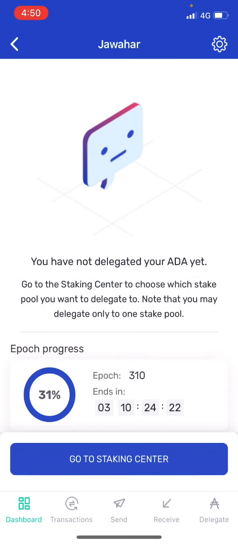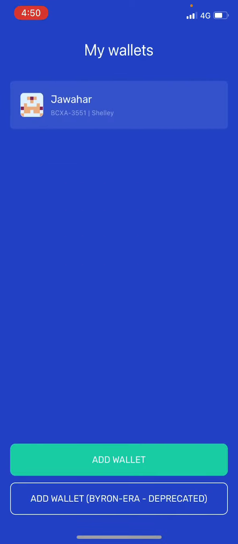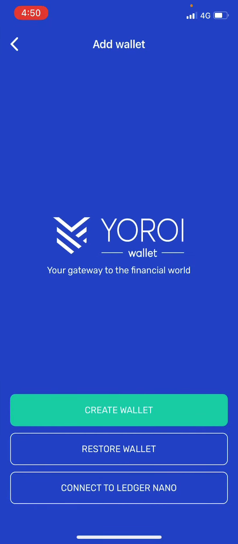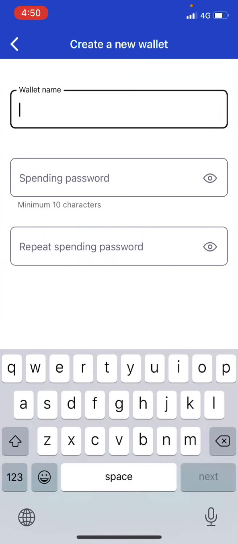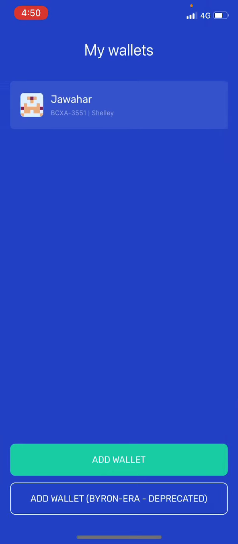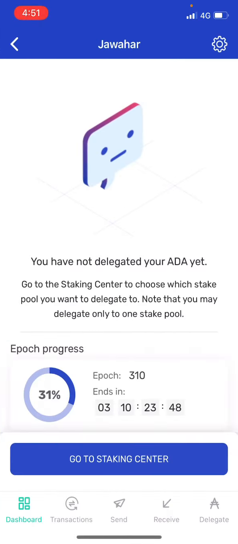Okay, so if you are opening it for the first time, then click create new account. Okay, create new account and add wallet. I'm showing you from the first. So click create wallet and put your wallet name, and after that there will be something like Shelley era, and look at this as Byron era, right? So I have chosen Shelley era, but there is no problem in Byron era or anything. You can choose any of the wallets. Okay, so I have chosen Shelley era.